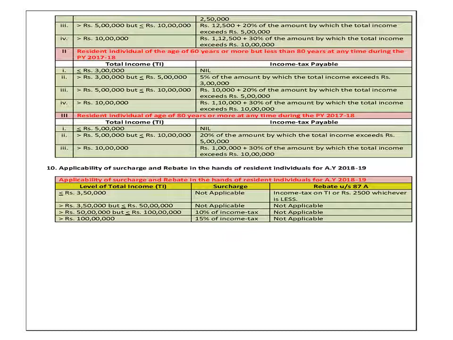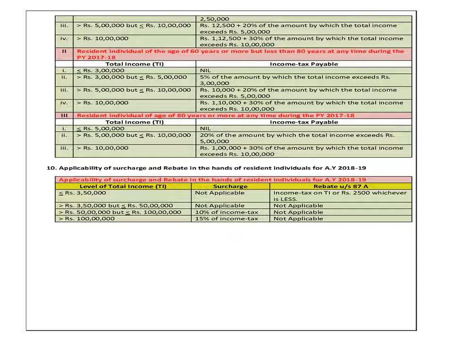Last category, if the total income is greater than 10 lakhs, then the income tax payable is 1,10,000 plus 30% of the amount by which the total income exceeds 10 lakhs. This is your second group. Now third, for resident individuals whose age is above 80 years. Above 80 years, this is also called a super senior citizen. Super senior citizen, that is more than 80 years.